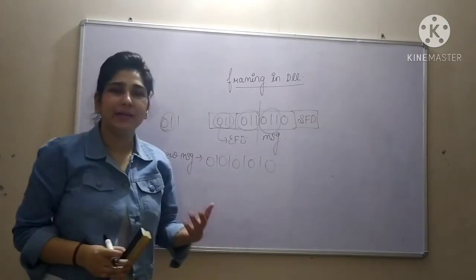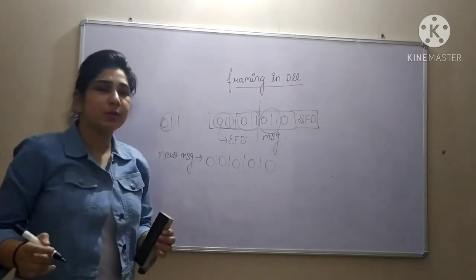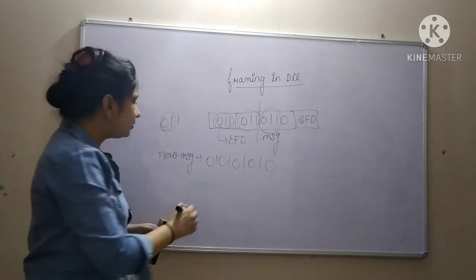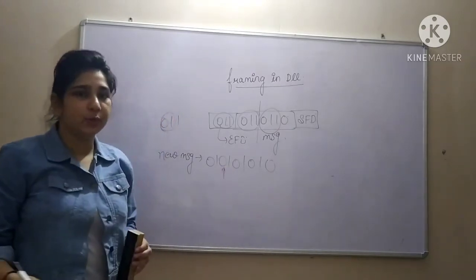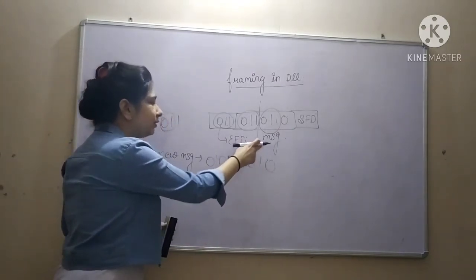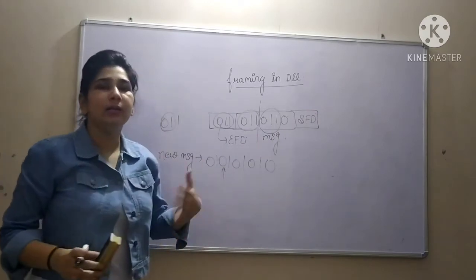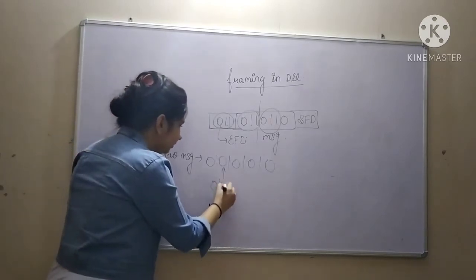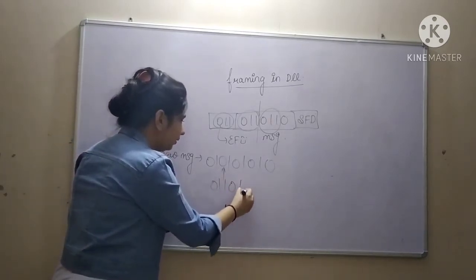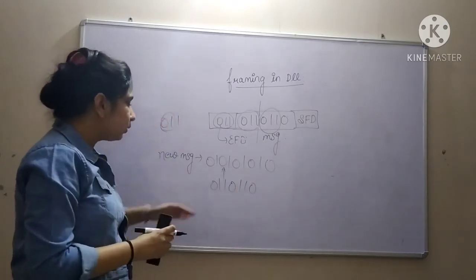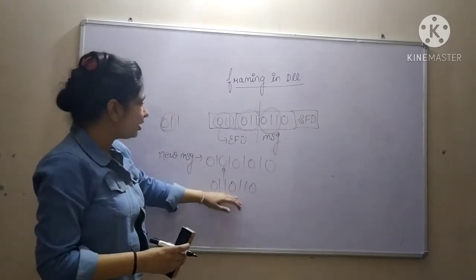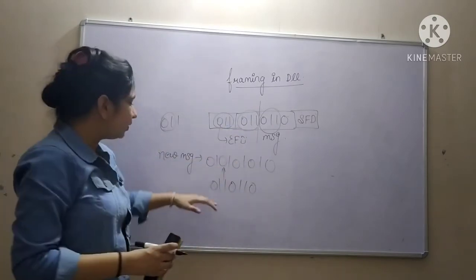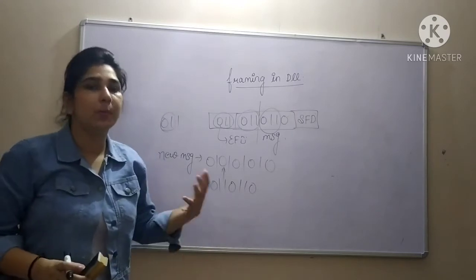And what is the receiver going to do? The receiver is going to delete the 0 bit after 0, 1. This bit is not of any use. To just distinguish between these two things, we added one extra bit, so we will be deleting it. 0, 1, 1, 0. So the receiver is going to receive the original message, like this, which the sender is sending. We just added an extra bit, and the receiver is going to remove all those bits.